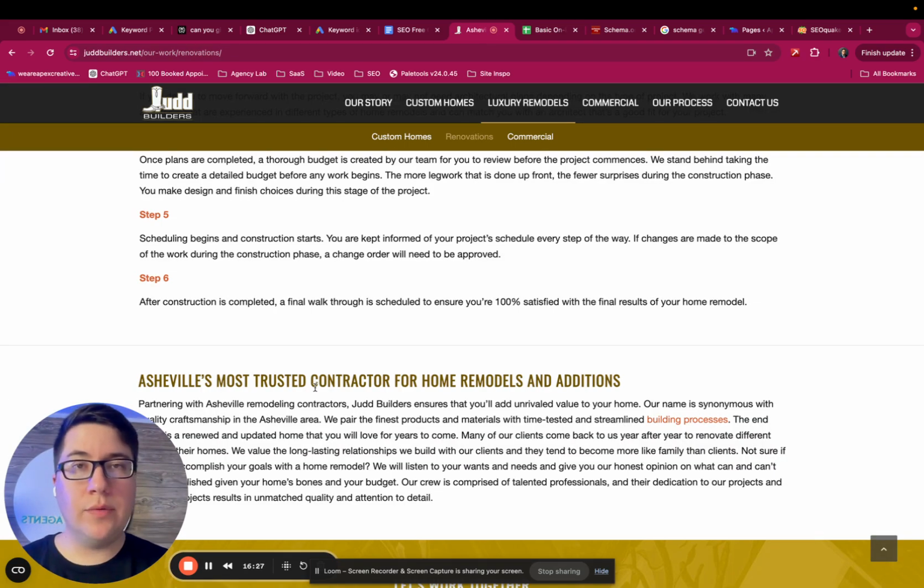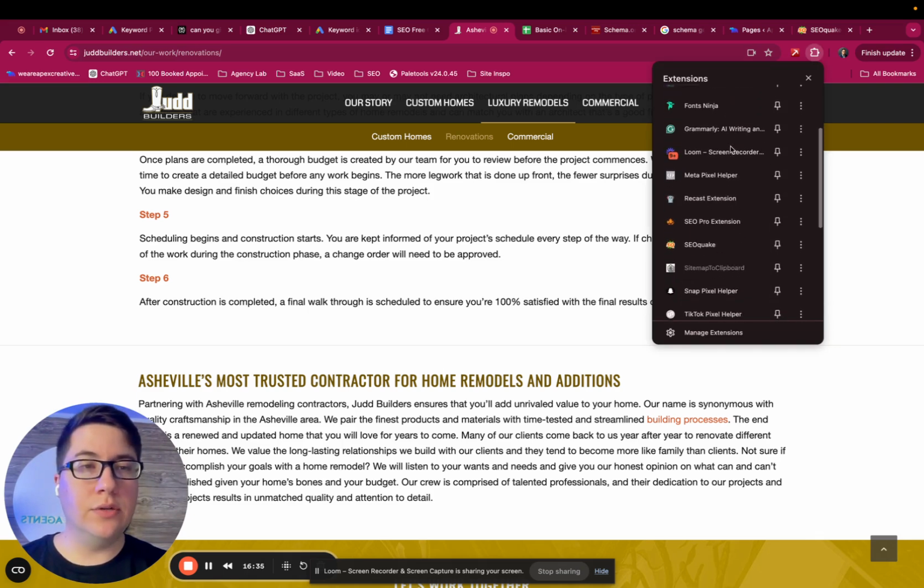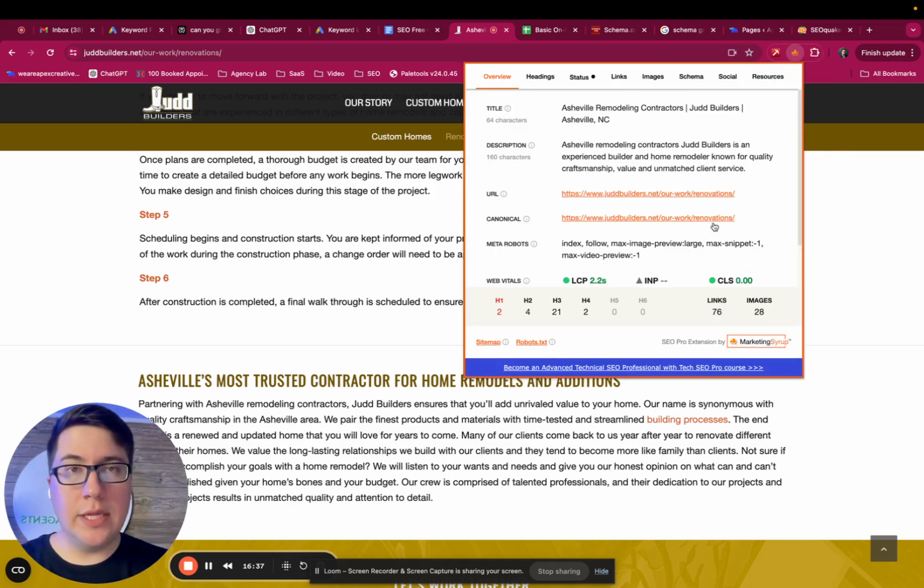Okay, so the next thing that we want to look at is how many links are on these home pages. We're going to be looking at what's called internal and external links. And we're going to have a lesson completely on internal and external linking because these are really complicated aspects of SEO that need a full lesson in and of themselves.